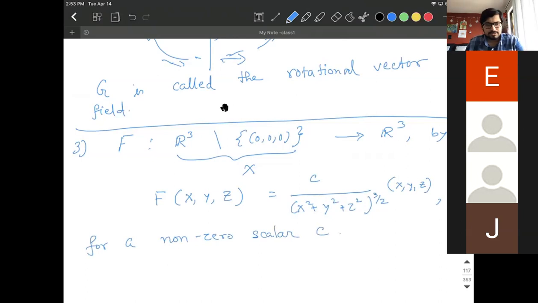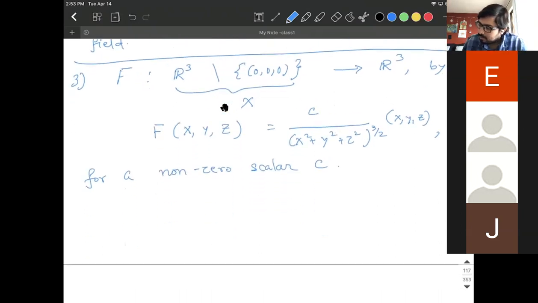So C is a non-zero scalar, so it's a real number. So F is called the inverse square vector field